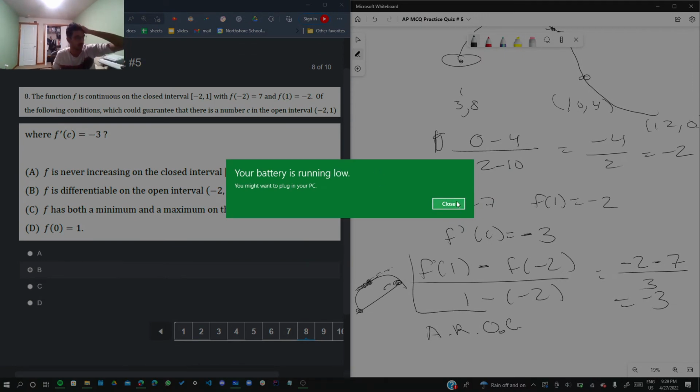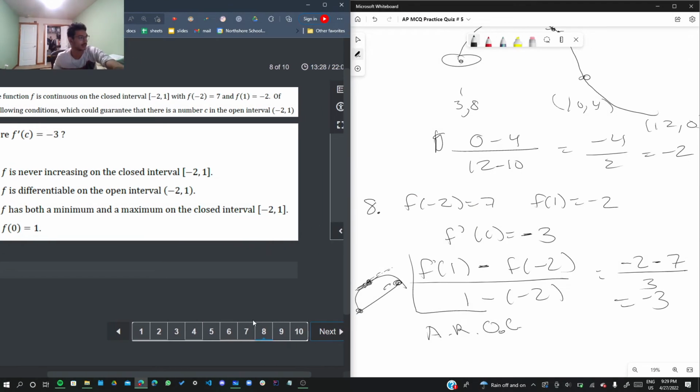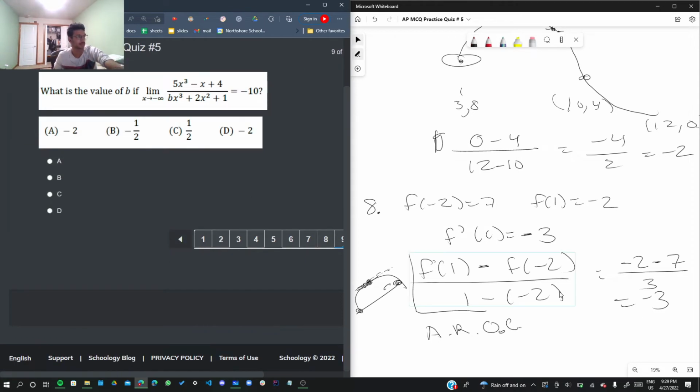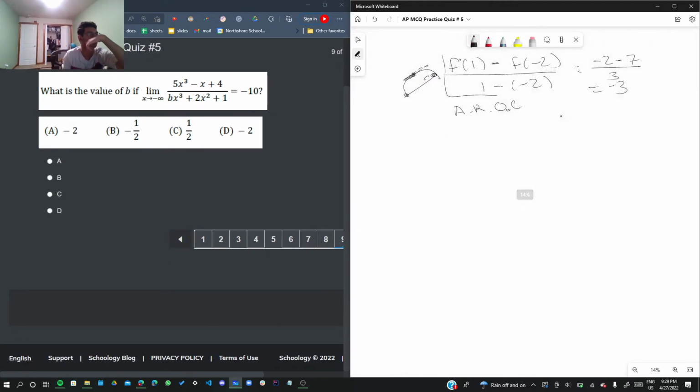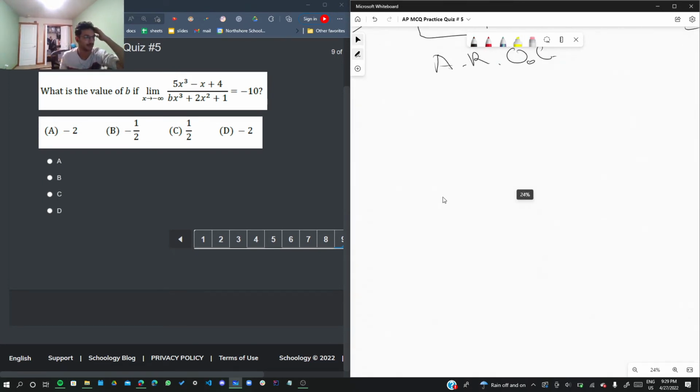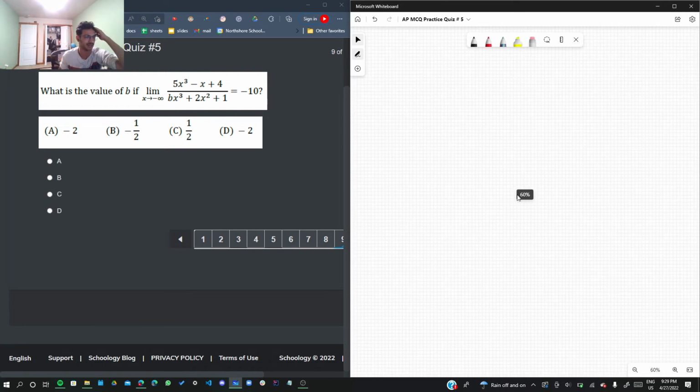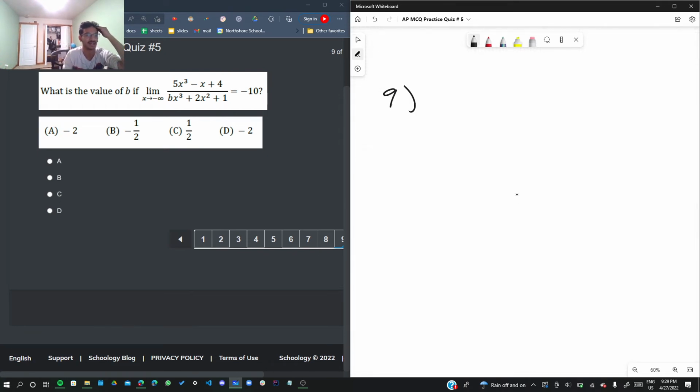Hopefully this can last. Let's see. What is the value of B? Okay, I gotta zoom in. I keep zooming out and then it's not that good. Okay, so 9. Limit as x approaches -infinity of